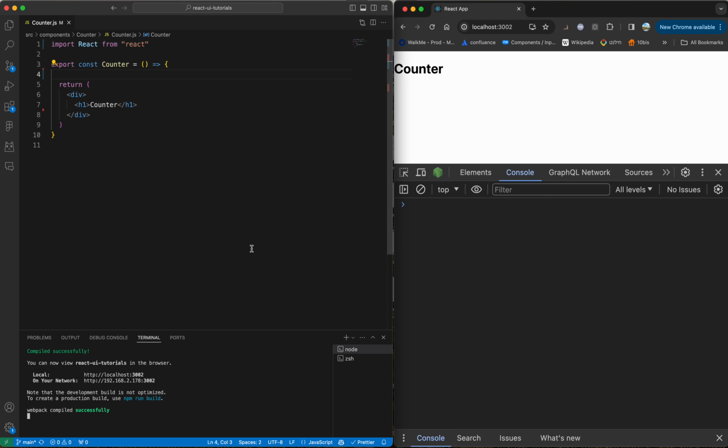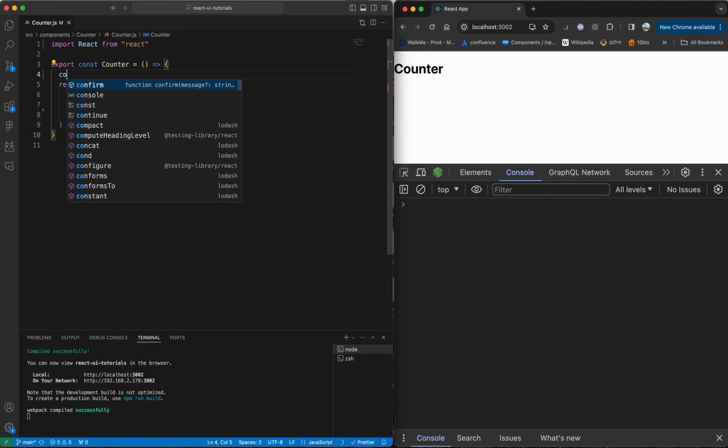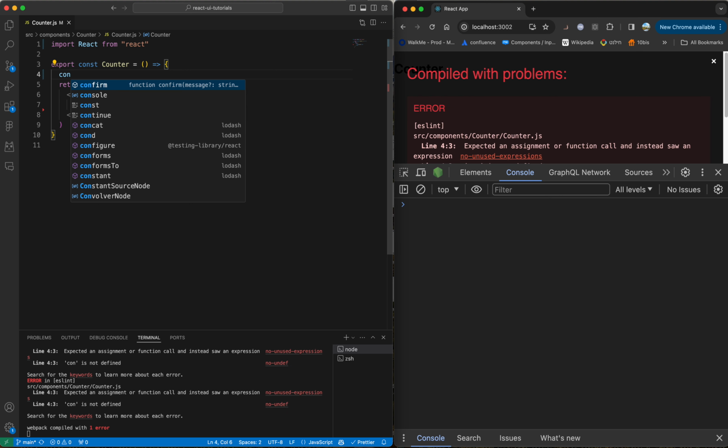Hi guys, we're gonna explore different questions on counter in React. Let's get started. So let's see simple questions. Let's have a counter that we store in const